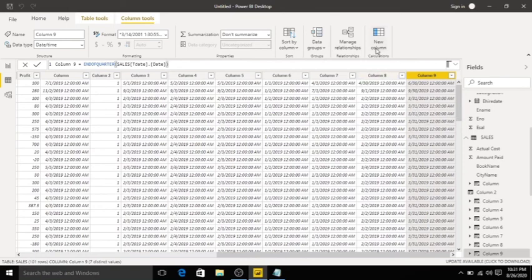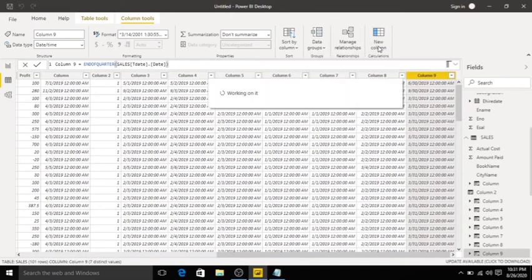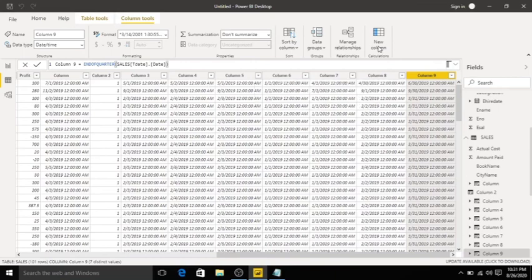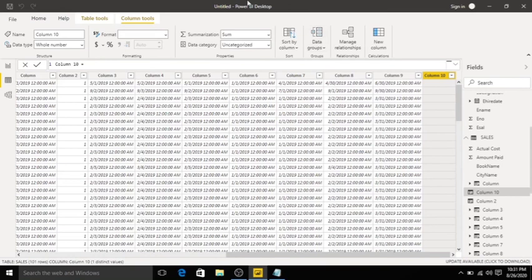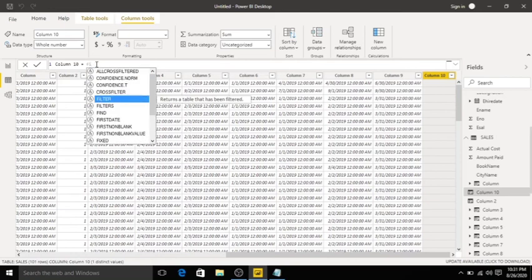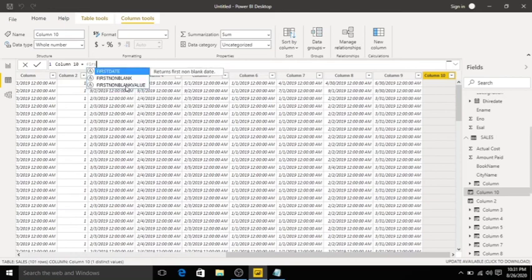I will create a new column, click New Column. We have another function called FIRSTNONBLANK. It returns the first value in the column for which the expression has a non-blank value. FIRSTNONBLANK. Click Tab.